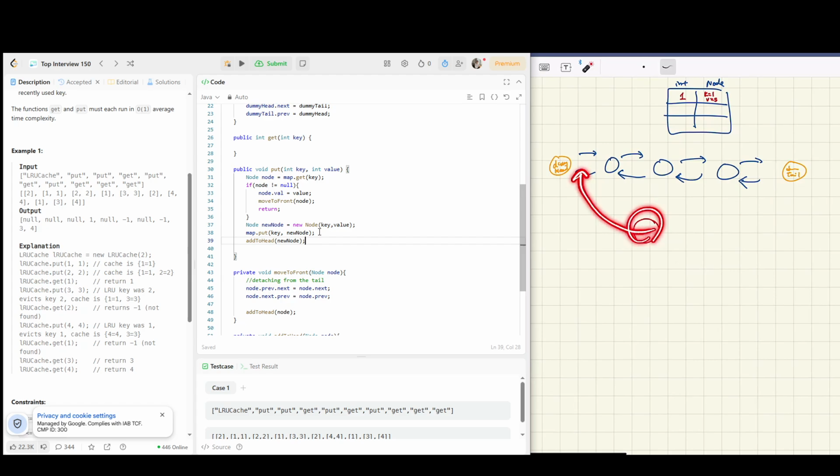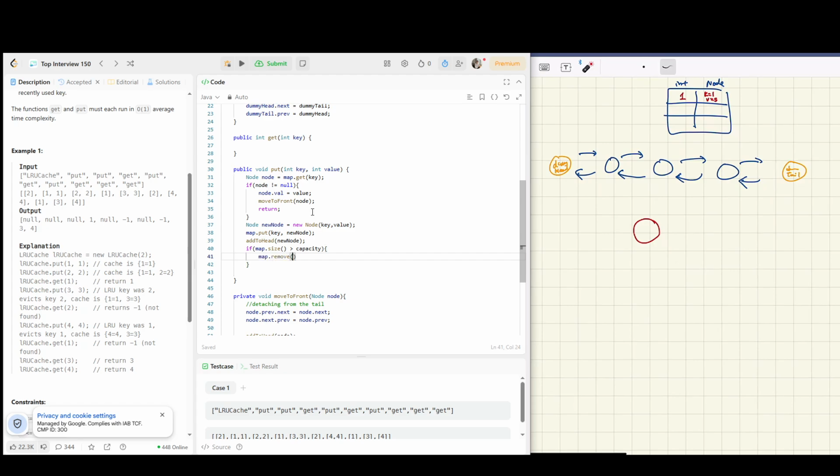We have added this one to here, but we also need to check if the capacity has been reached or not. So if map.size is greater than capacity, that means we have to remove the one at the end, the least recently used cache. So first of all, we can remove from the map. We have to remove the last one. This is the last one. So what's the key of this? It will be dummyTail.previous.key. So we removed it,